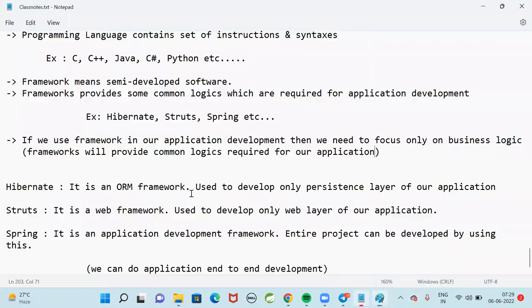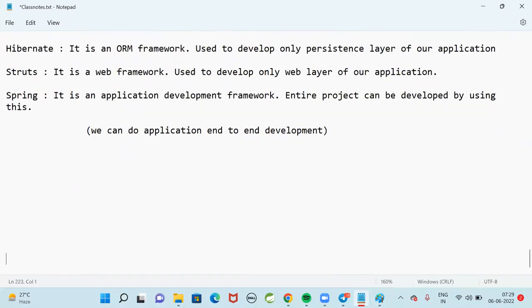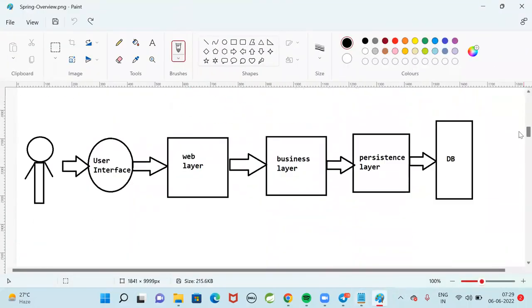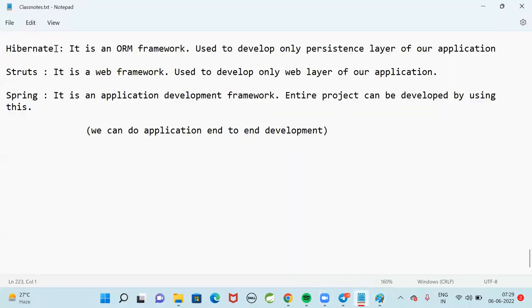All right. So there are several frameworks available, like the Hibernate framework, the Struts framework, and the Spring framework. Hibernate is an ORM framework. ORM stands for Object Relational Mapping. By using the Hibernate framework, we can develop only the persistence layer of our application.